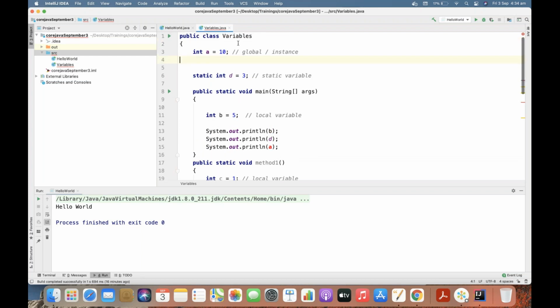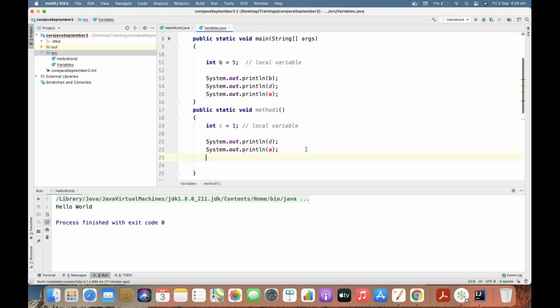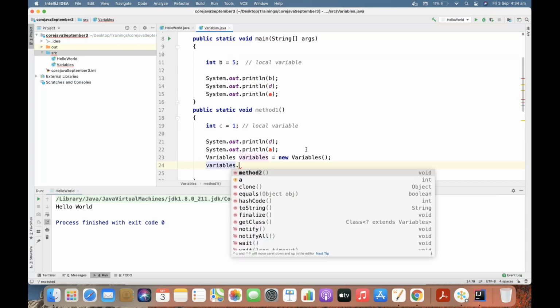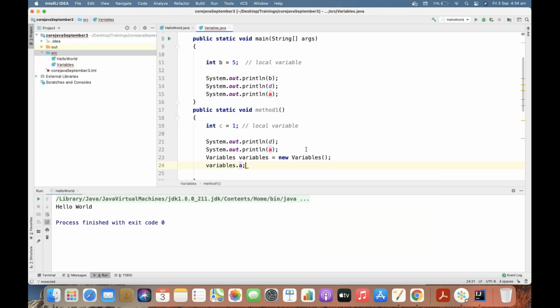If I explain it now, maybe it will be too much on the first day, but I can create an object of the class. I'm just doing it at a very high level, don't get confused, but if you have some hands-on, I think it's absolutely fine. So if I say variables equal to new variables, then if I say variables dot, see, now I'm able to access this. I'll see how to print it to the console in detail later on. But if I create an object of the class using the object reference, I can access the non-static inside the static.